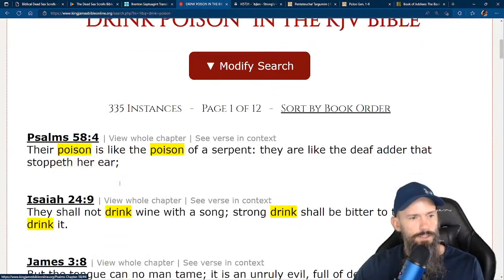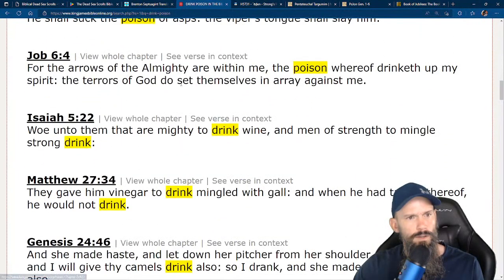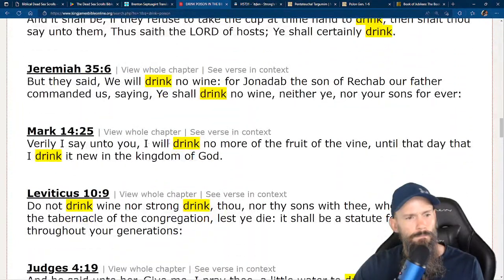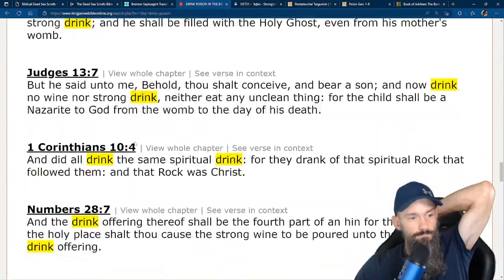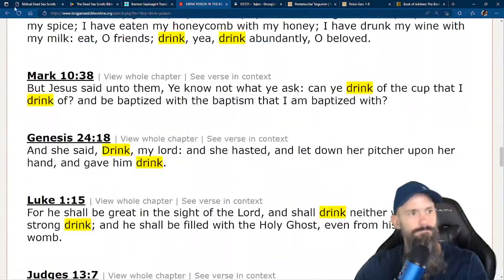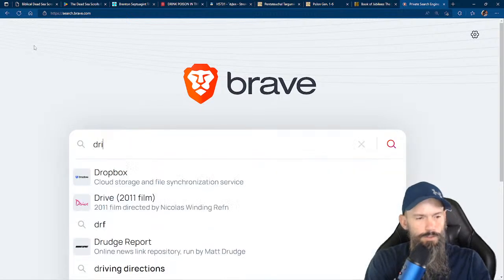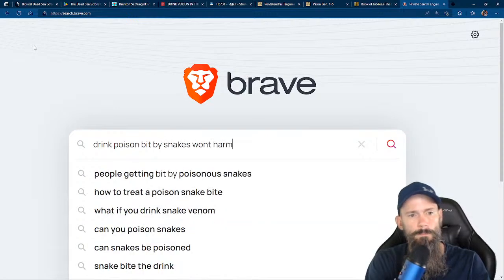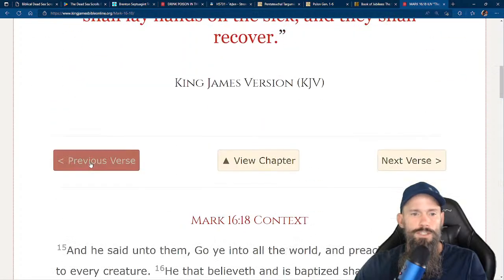I think it's in the same passage of poison. Look up here. Drink poison. Snakes won't harm. I know it's in there somewhere. There we go. Mark 16 says,